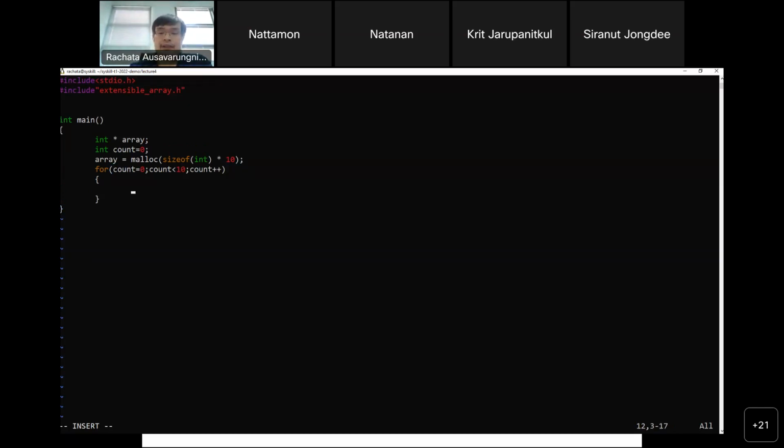First, let me actually assign something like this: array count equals count. Can someone tell me if this would work or not? And at the end, I need to make sure I don't forget free. Can I do this? And then I guess in the loop, right?